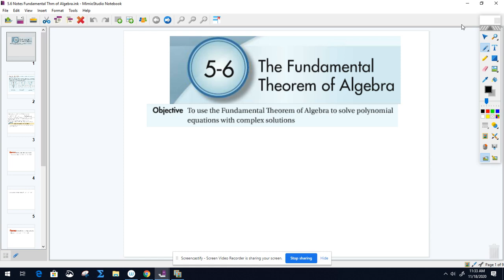5.6, the fundamental theorem of algebra. So, very important, and I'll show you on the next slide what it means mathematically and what it shows, but here's basically what the fundamental theorem of algebra states. If you have a second degree polynomial, then you're responsible to find two zeros or roots. If you have a third degree polynomial, you're responsible to find three. If you have a fourth degree, responsible to find four, fifth degree, responsible to find five, and so